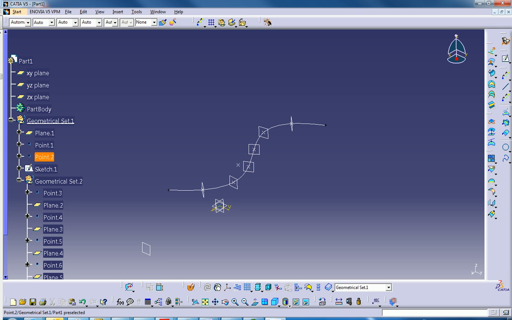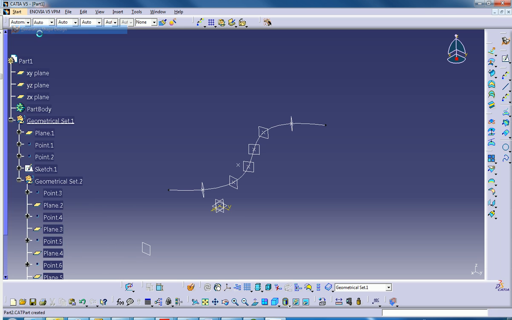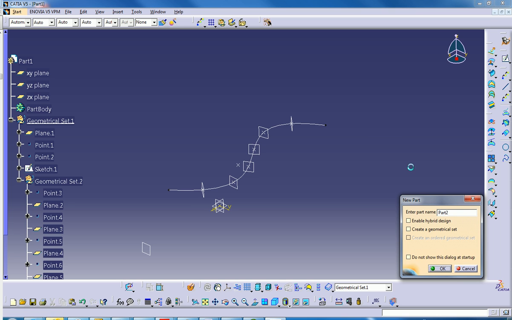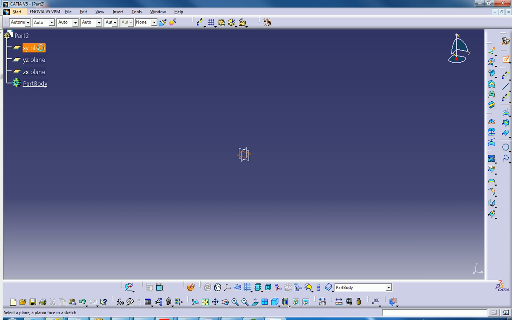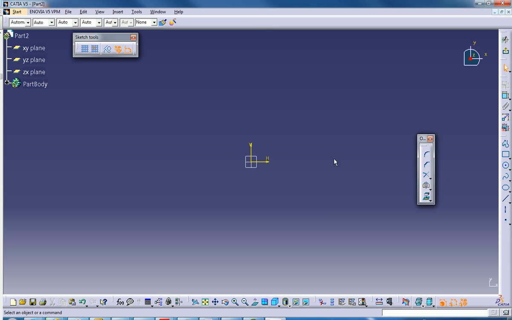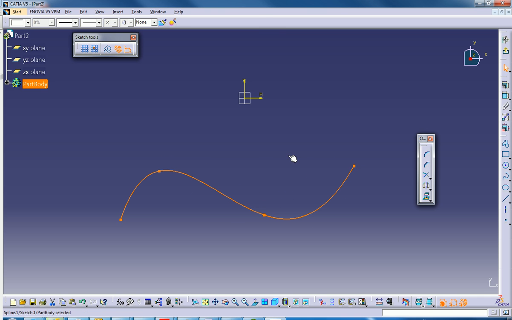There's also a tool called Extremum. Not that I use it much myself, but it is something that you can use. It is available as an advanced tool, which I believe you have to pay extra for. So if I hit OK to start a new fresh setup, and click on Sketch and on the X and Y, I can start my spline here. As you can see, I'm just building a quick sketch here. Now if I exit out of here